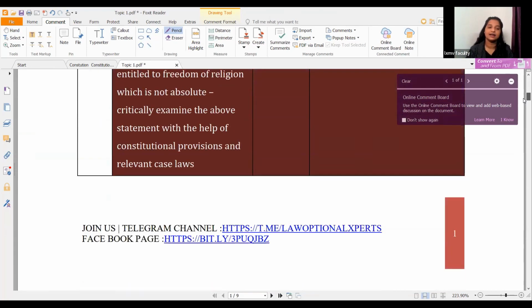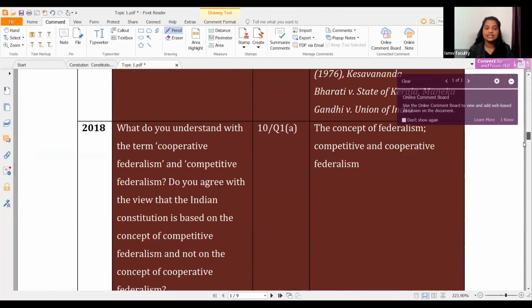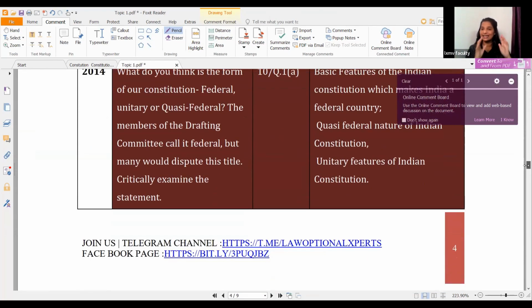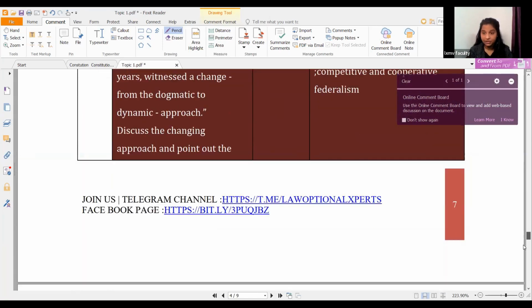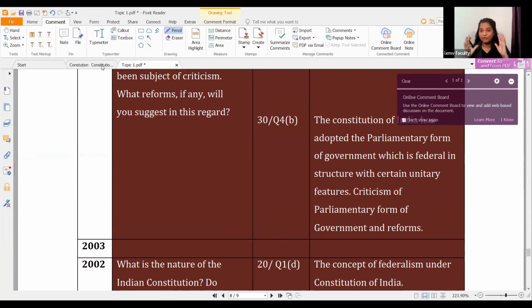Okay, look at this table. This is how each year we used to segregate the questions and identify from which topic, the concerned topic, under which areas questions have been asked vigorously. What is the idea of UPSC? That we will decode first. After decoding the same, after identifying the areas, then we will frame our lectures.